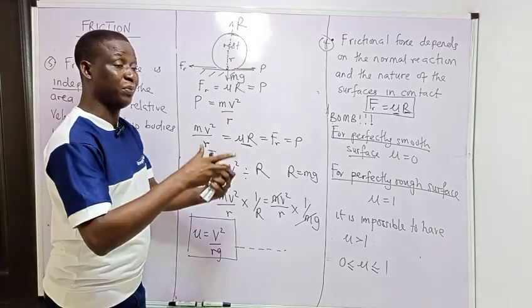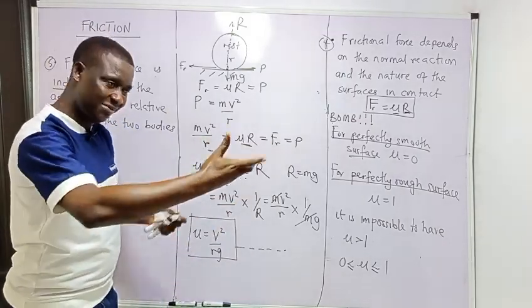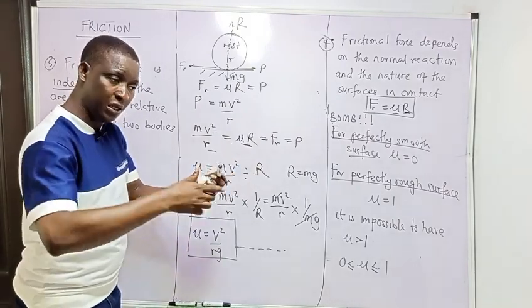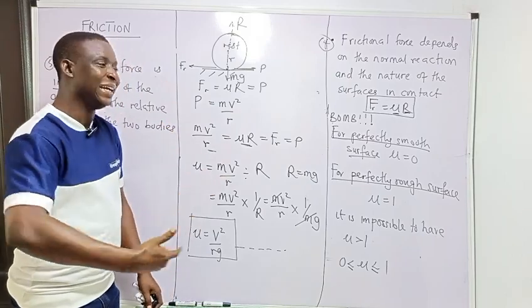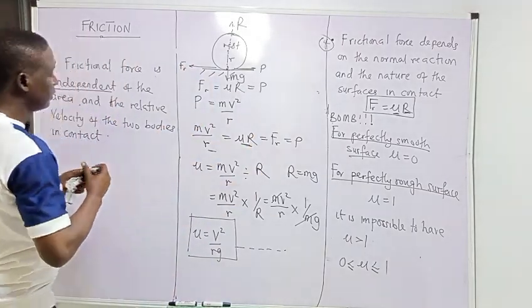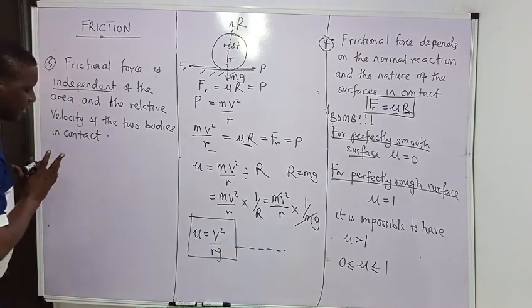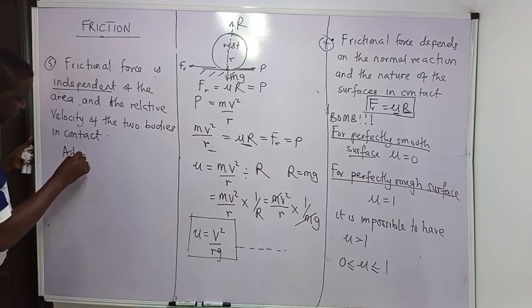For example, a box placed on a table, the box is moving over the table. The table is what is fixed, it is not moving, but the body, the box itself, is moving relative to, or with respect to, the table. Now, having done that, let us look at the advantages